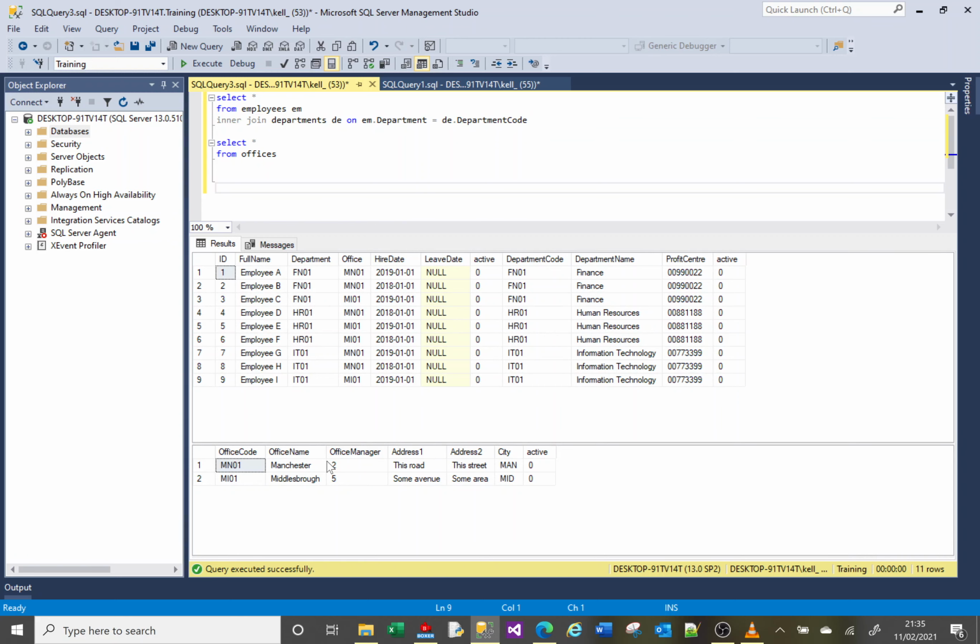So again, within a join, you need to have a column between one table and the table you're joining to that links those two tables. So there is an entry in employees called office, and there is an office code in the offices table, and those are the two columns you can see that link one to the other. And we just do another inner join